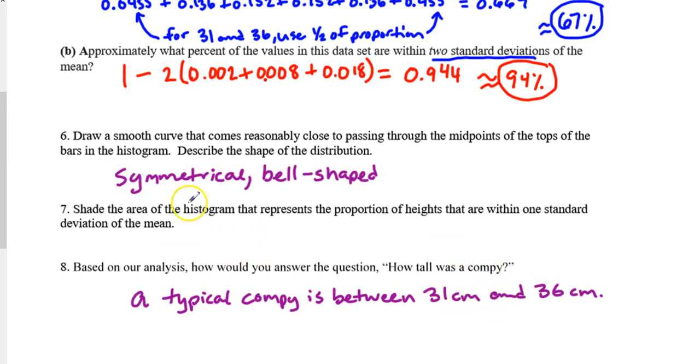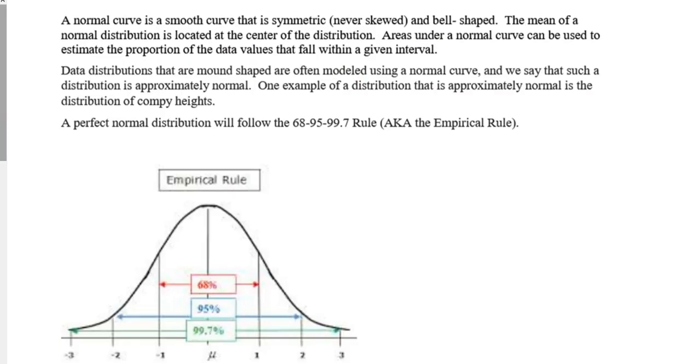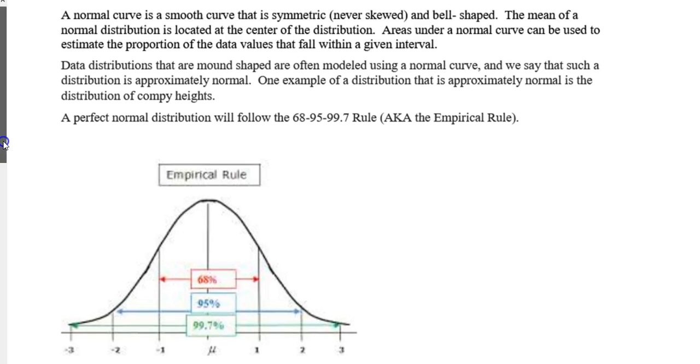Okay, so this is a nice lead-in to what we're going to talk about soon, which is the normal curve. What you can notice here on our next page is the typical or perfect normal curve, where 68% of the data fall within 1 standard deviation of the mean. Ours was 67. 95% of the data fall within 2 standard deviations. Well, ours was 94%, wasn't too far off. And then if you wanted to go out 3 standard deviations, it would be